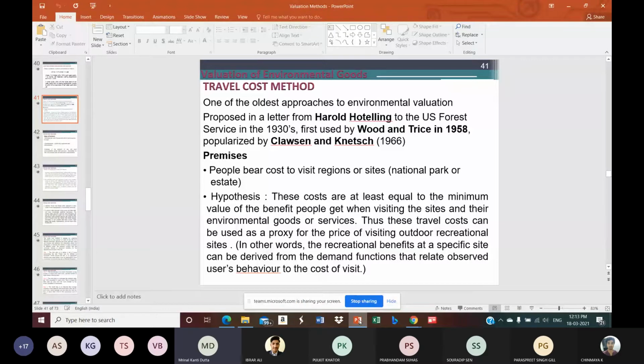Basically, in the case of a demand function, we see how much of the product is used or demanded by the people at different prices. Here also, depending upon the cost of visit or cost of travel, the number of visits of the people will vary. So that number of visits might be considered to be the quantum of the product demanded, and the cost that they will be incurring will represent the price. The higher the price, the assumption is that the number of visits will be less. So there might be a demand function for the sites based on the prices to be incurred for accessing those sites. Okay, so that will give us an idea about how much people are willing to pay.